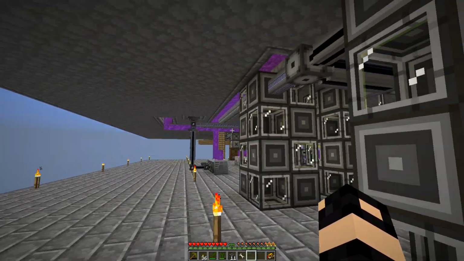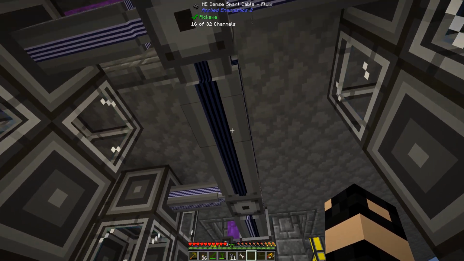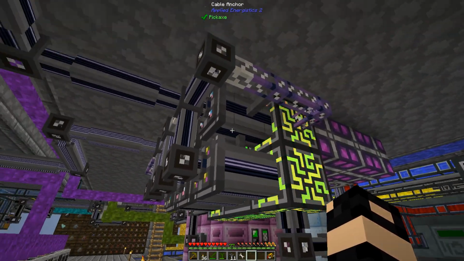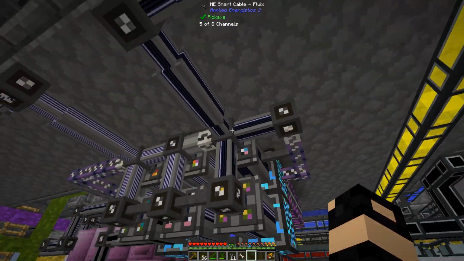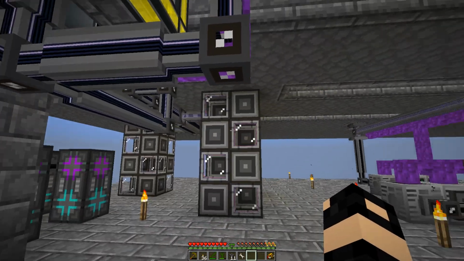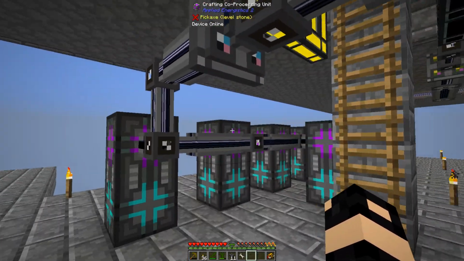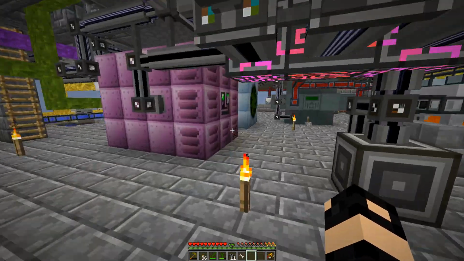Alright, so we got 8 more interfaces. That should... There we go. We got 16 down here. And I rearranged this over here. I crafted a new dense cable output to the PDP. So now all my crafting units are in this one. And then the rest, I think, the crafting computers, and then my distillation tower on this one. But anyway,